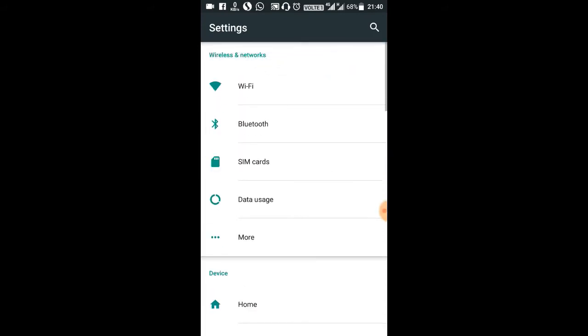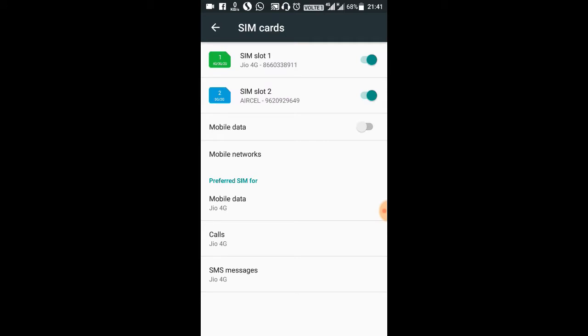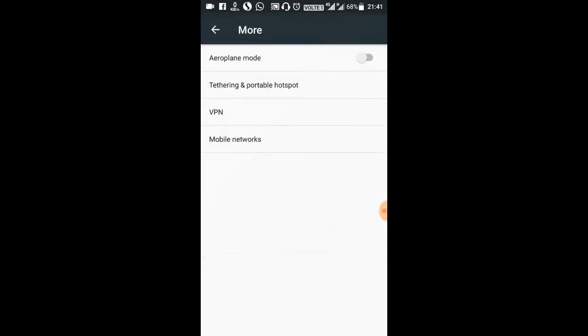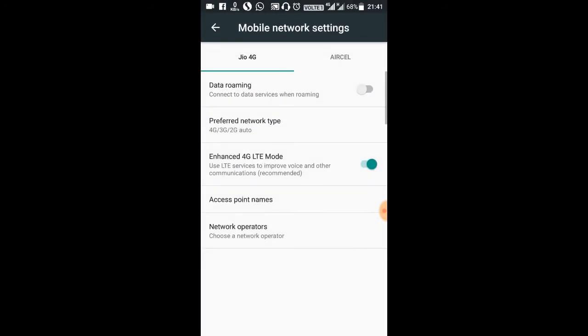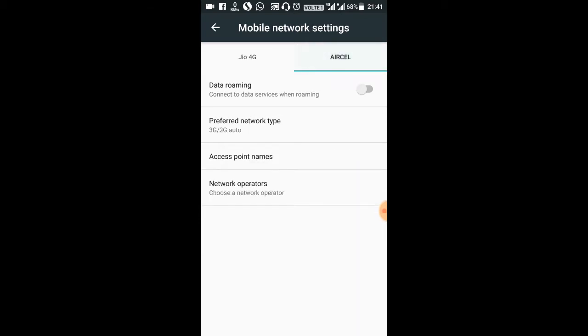The plus point that I found out while using this phone, considering that I paid around 7,200 rupees, is the ability to use both Jio and my secondary SIM from Aircel at the same time. And when I say same time, Jio is running on 4G VoLTE, and generally the second SIM you'll be getting an option to run it only in a 2G network, but this phone gives you an option to run it in 3G,